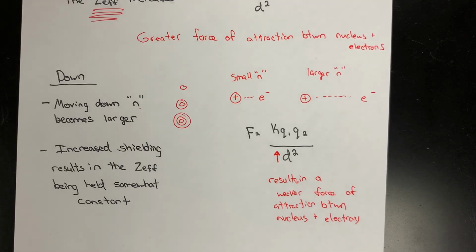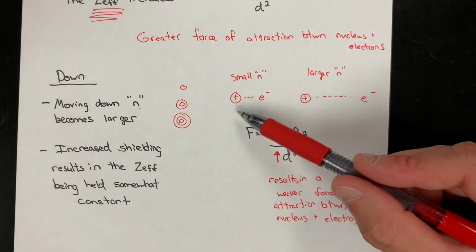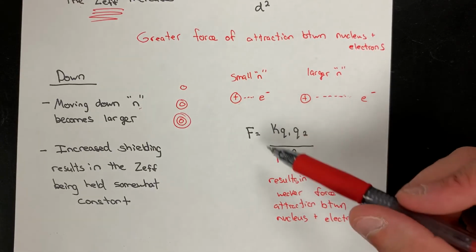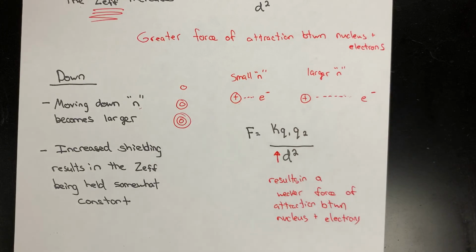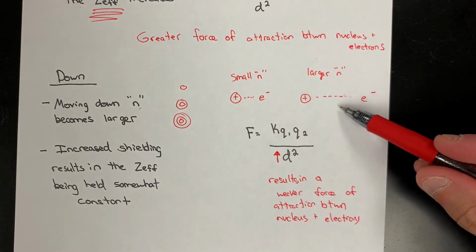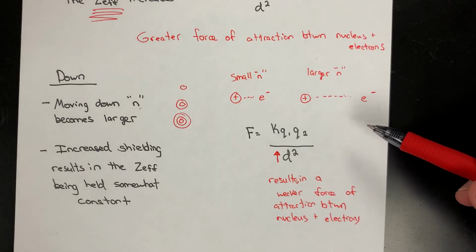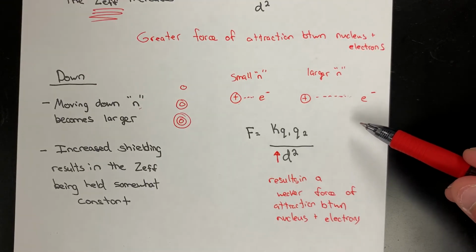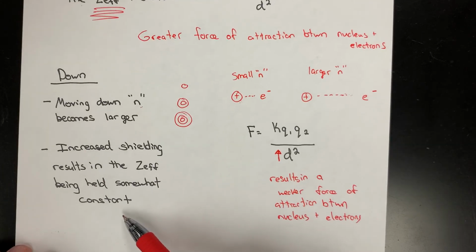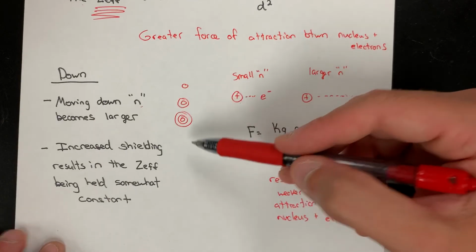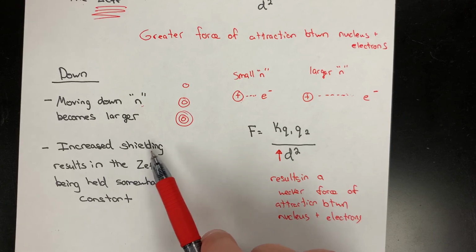It's almost like the concept of, hey, if we have a north end of a magnet and a south end of a magnet, and we bring them in close proximity, you can feel that force of attraction. But as there's an increased distance between those two magnets, all of a sudden that attraction becomes largely negligible, okay? The second consideration is that as we move down the periodic table, because we have increased